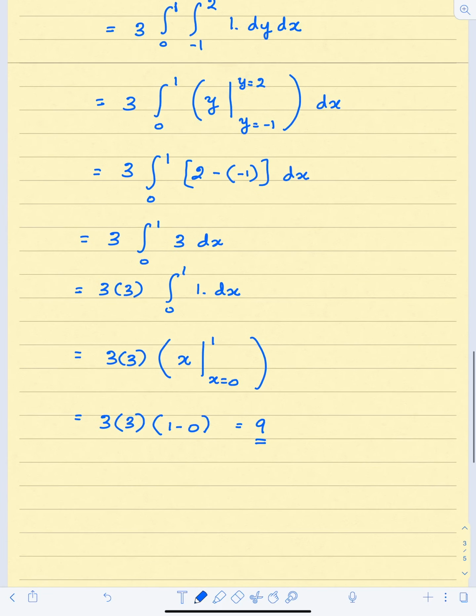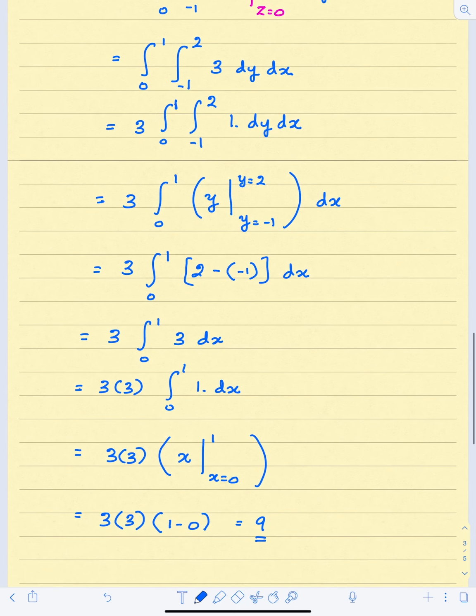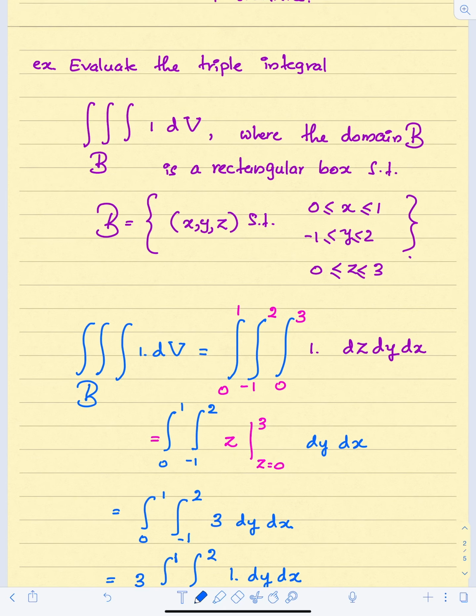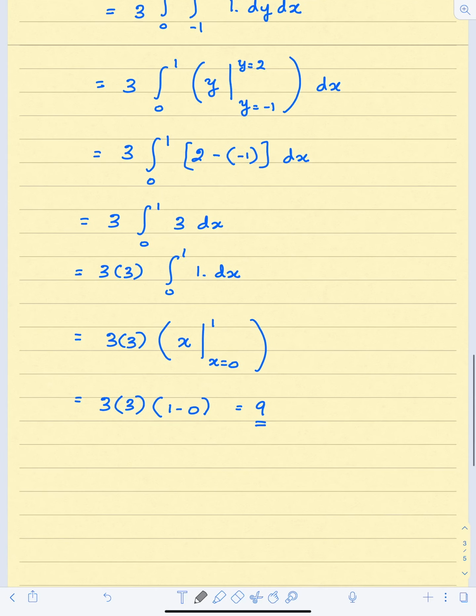Okay, so this is the answer. In this particular case, we got the triple integral of 1 dV over the domain B equals 9. Now this 9 is the volume of this box. As you can see, this length is 1, this length is 3 units, and this height is 3 units. So basically you have a box with, let's see, this height is 3, this width is 3, because your y values go from -1 to 2, therefore its length should be 3 units, and this width is 1 unit. 3 times 3 is 9, 9 times 1 is 9. Okay, so with this I finished the first example, and